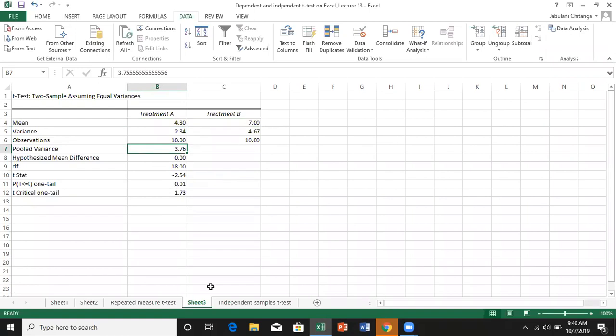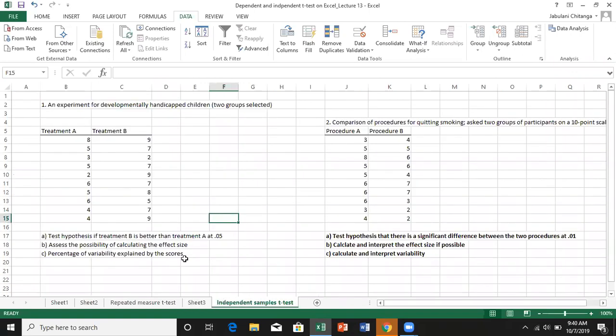If the question is asking also to calculate the variance, you can also do the same like what I did. You can use eta squared, the t squared divided by t squared plus the degrees of freedom, and then it'll be sorted. Let us move quickly to that smoking